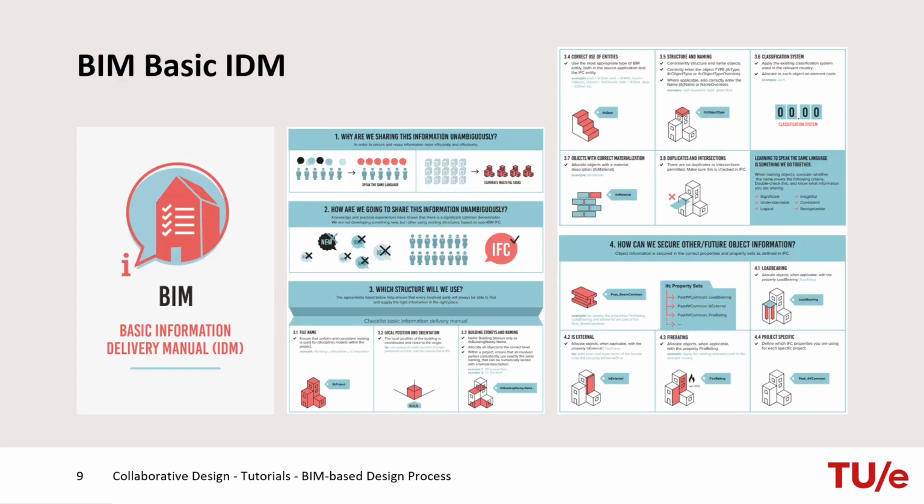Collaboration goes better when the information is exchangeable, structured, unambiguous, correct, complete and reusable. This requires coordination upfront. Construction companies in the Netherlands have joined forces to come up with common agreements in the BIM Basic IDM. The structure of BIM is fixed, the interpretation is project-specific. The BIM Basic IDM contains agreements on how the structure of the aspect models is set up, so that different aspect models can be exchanged and interpreted.